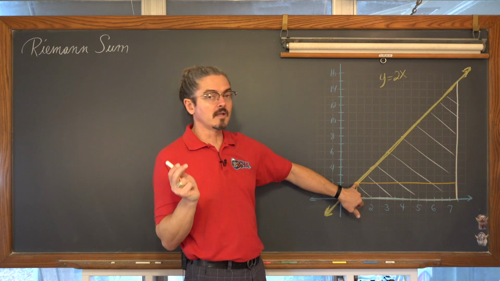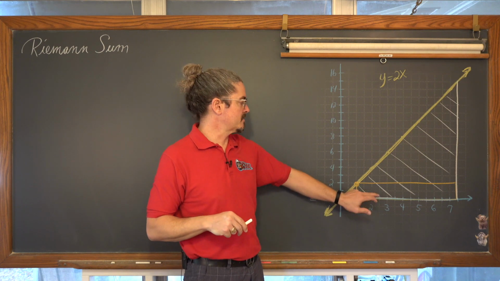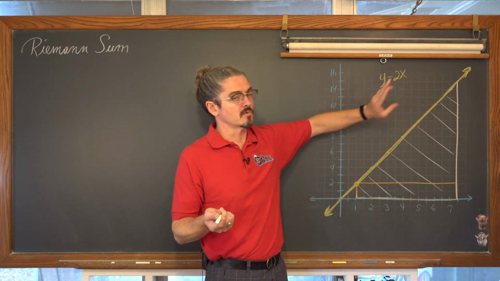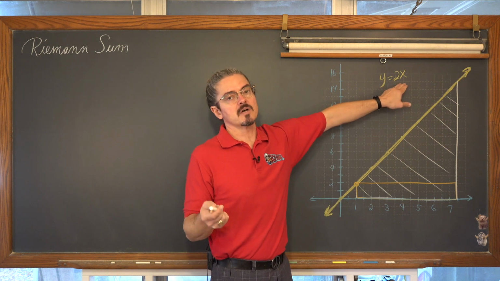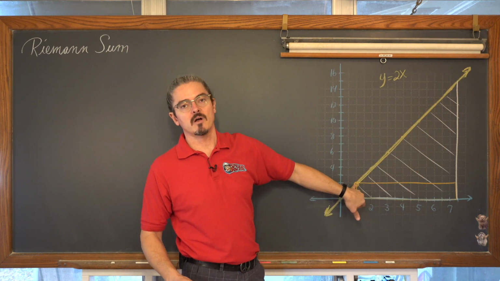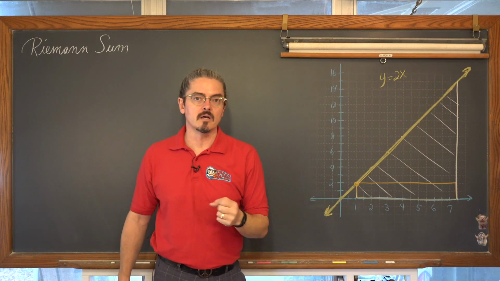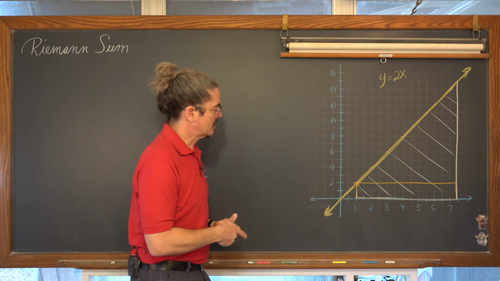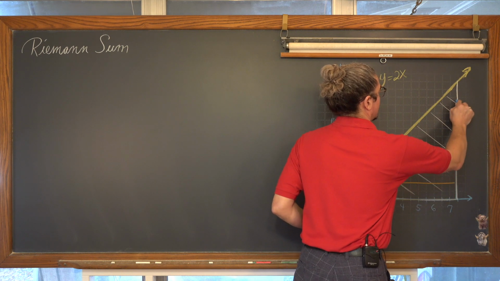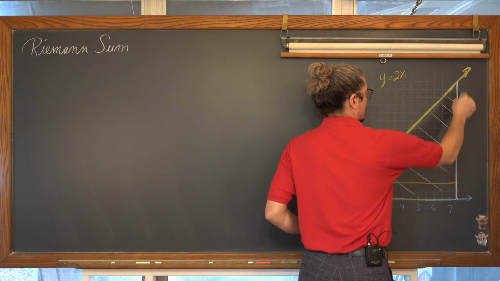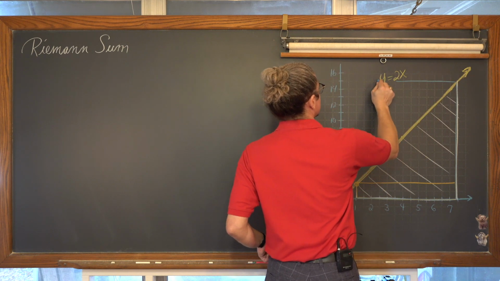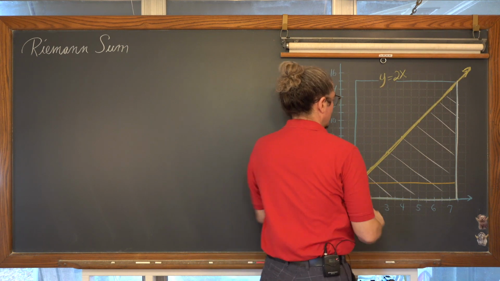Now, the reason why the left Riemann sum is going to underestimate the area under the curve y equals 2x and the x-axis is because on this domain, and this is a constant line, so its entire domain, this function is called monotonic increasing. The slope is always positive. And if a function is increasing, well then that left Riemann sum will always underestimate the area under the curve. And complementary to that, the right Riemann sum, if I draw a single rectangle where I let the x value of 7, or the right-hand side of this region, define the height of my rectangle, I'm going to get what you could guess is going to be a massive overestimation of the area under the curve.